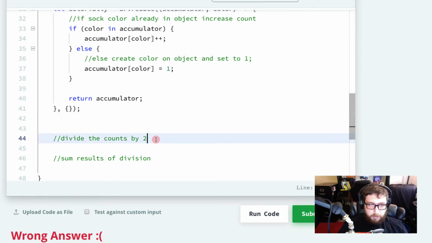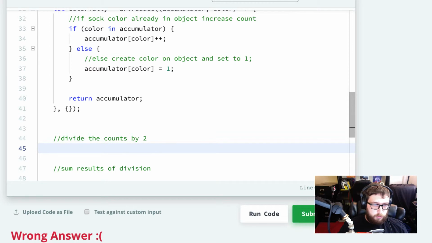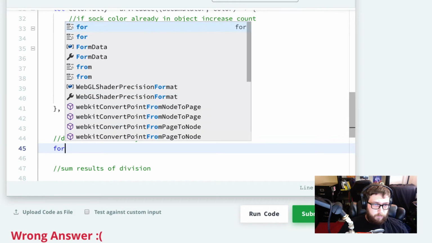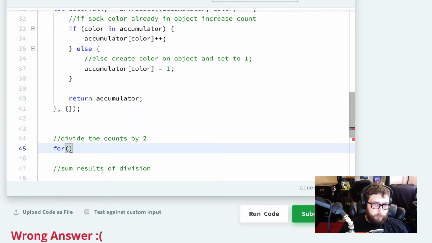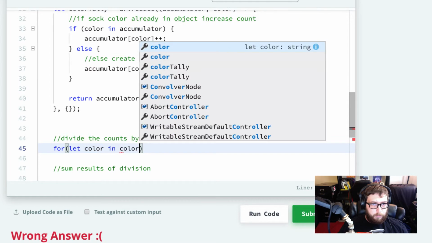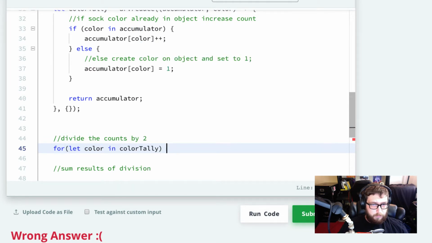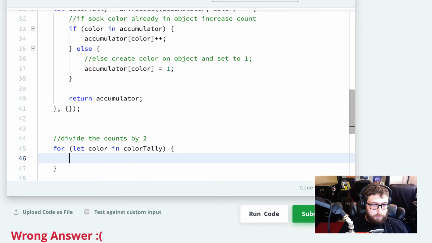So next thing is we have our color tally object now, so we can divide them by 2. We could use a for in loop. I think it's for in. For color in color tally. So for each of these we can